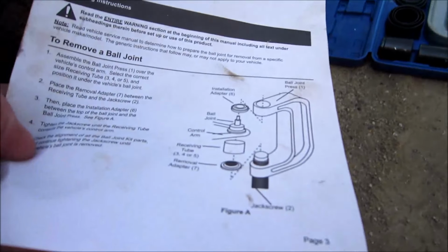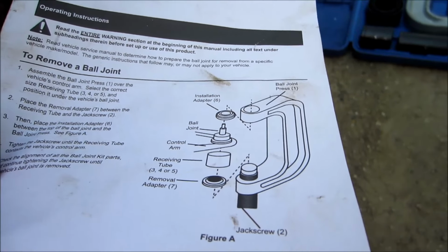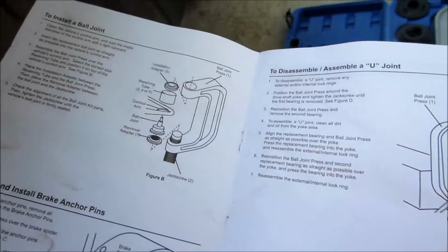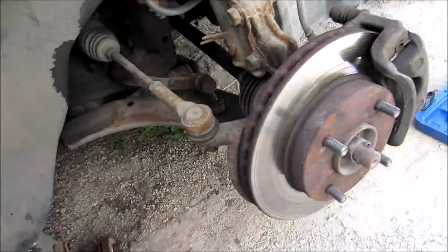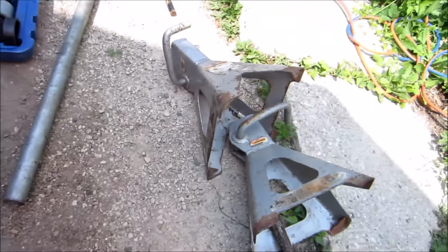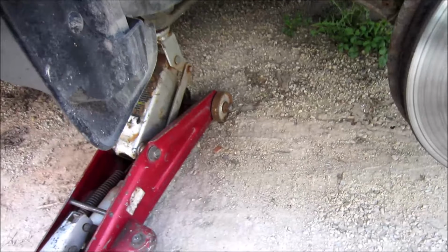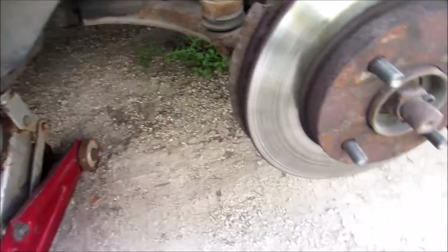Well, there's the press kit, and by looking at the instructions, that's supposed to go downwards and to install downwards. So down means we have to lift the car higher, and definitely I'm going to put jack stands underneath it for sure. I'm just not going to trust a hydraulic jack, so I got to get it high enough